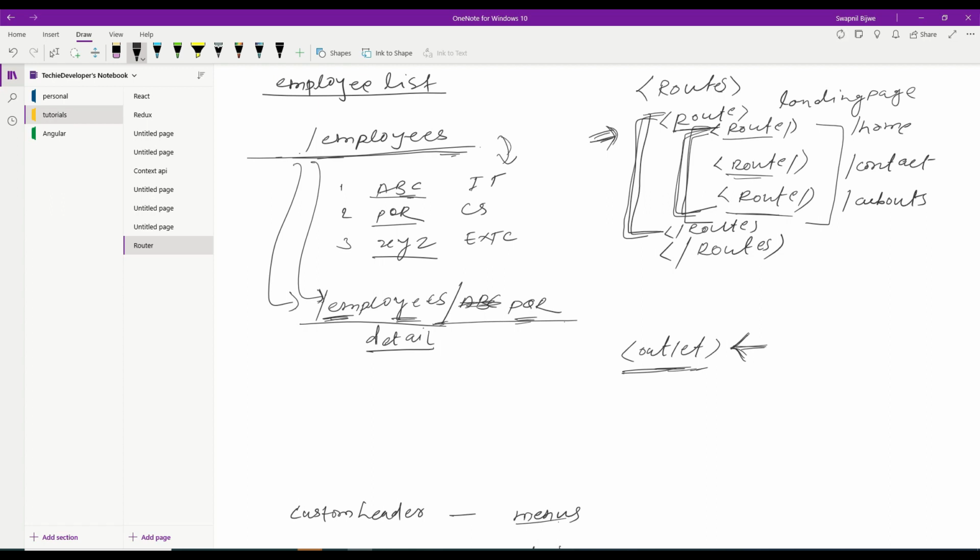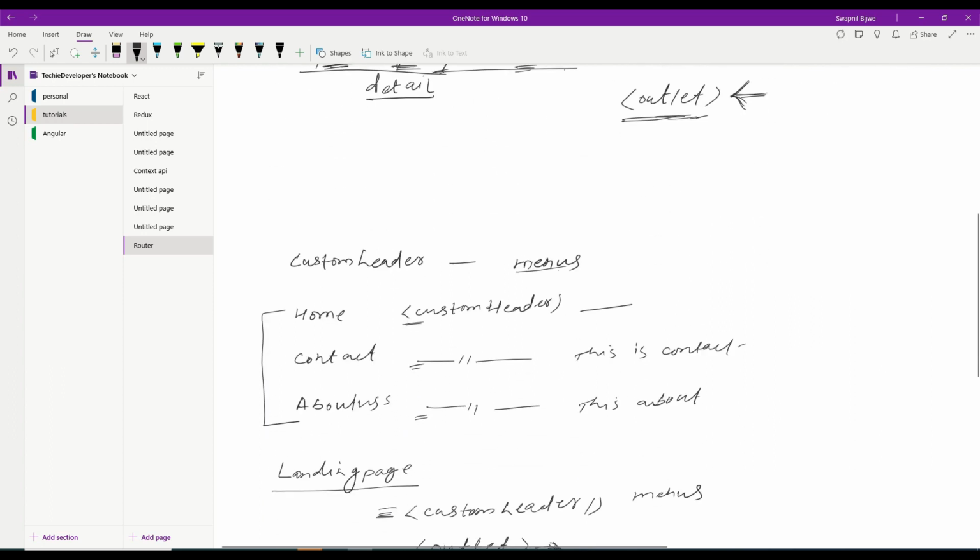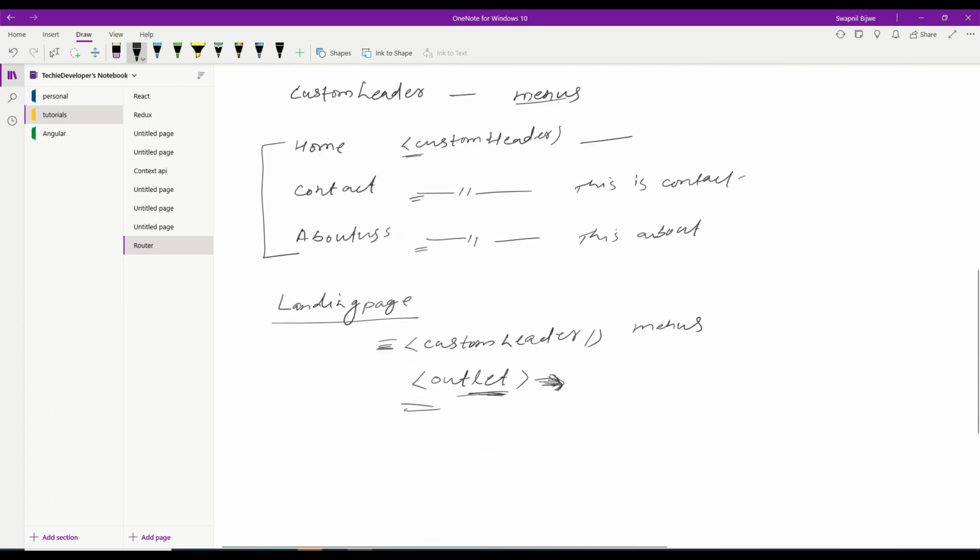So whenever I click on home, React Router will check: okay, these are nested routes, part of the landing page. So it will check the outlet tag on the landing page, and there it will render the UI of the home component.